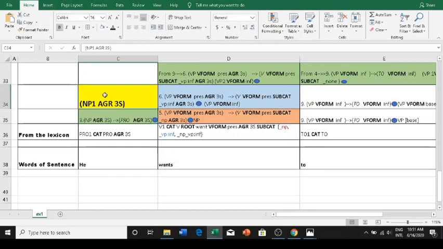So we will generate a constituent from this match, and the constituent is the left hand side of the production numbered 3, right? If you see the constituent, it is a noun phrase. We will name it NP1. What are its feature values? It has only one feature, AGR, and AGR is 3s. So that is the constituent we generated for he. It is a noun phrase with AGR 3s. Now we will move to the next word in our sentence.